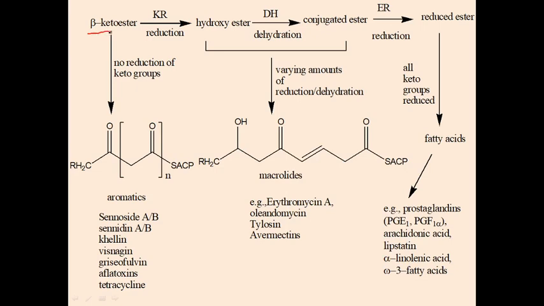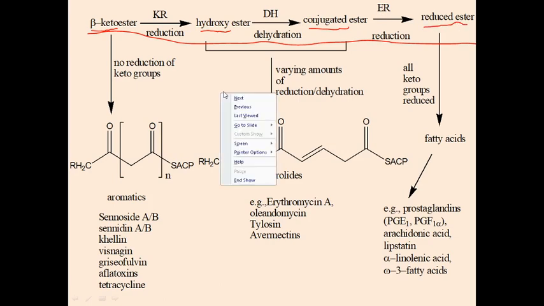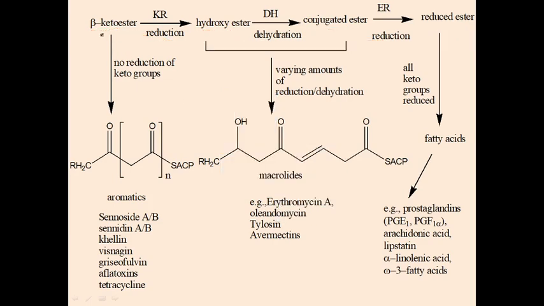First, let's look at this chain. This is a simple fatty acid synthesis process. First is beta keto ester. The ketone gets reduced to hydroxy, just like the previous one, and hydroxy gets removed. Dehydration occurs, and an alpha beta unsaturated compound is formed, or conjugation is there. Then hydrogen is further added by enoyl reductase, and this reduced ester or saturated fatty acid is formed. Now in some cases the cycle can go on as it is, again and again, and the cycle can continue. And in some cases the cycle continues from here only. It forms beta keto ester, and again the cycle continues here.